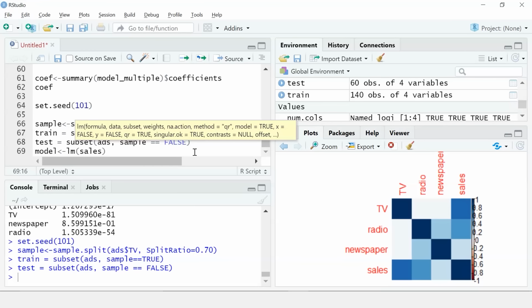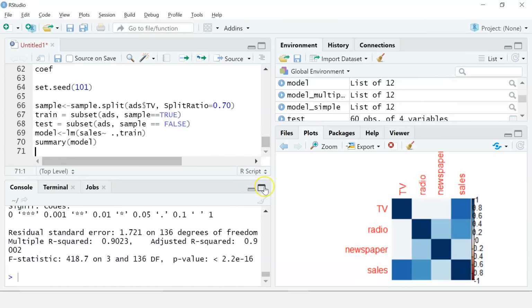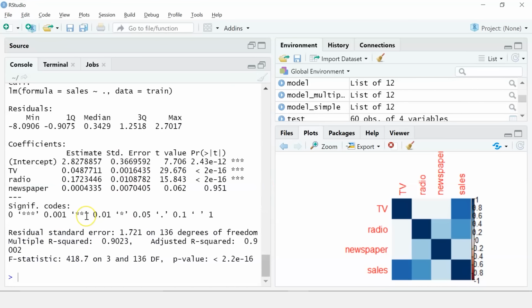I'll take sales as my target column, use the tilde followed by a dot, which means I'm taking all the other variables as the independent variables, and then I'll select my train dataset. With that, let's check the summary as well. So this is the summary of our newly created model.